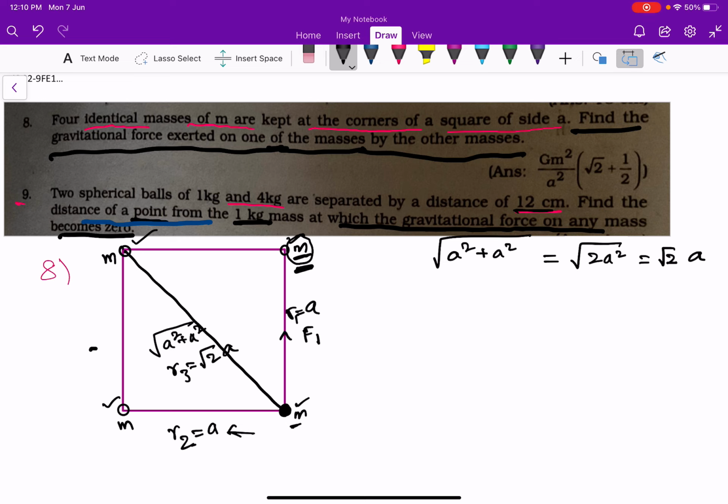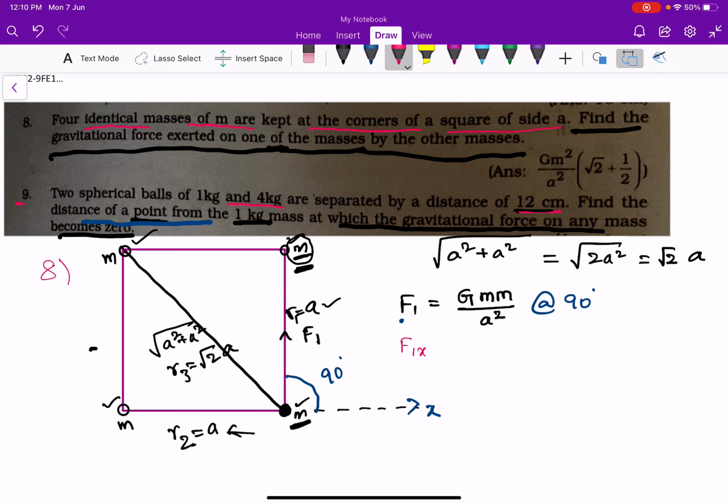So the distance between this m and this m is equal to a. So here F1 is equal to G m1 m2 by r square. This is the magnitude. This force is at an angle of 90 degrees from the positive x-axis. Okay, this angle is 90 degrees. I am resolving F1 into components. So F1x is nothing but